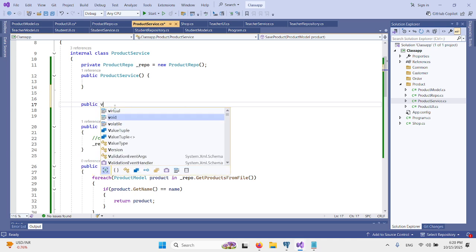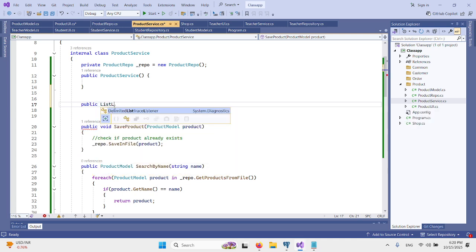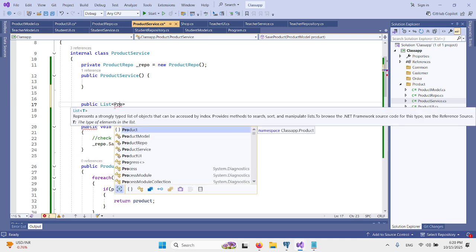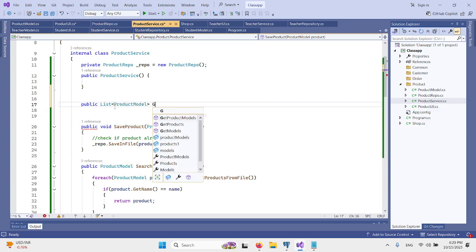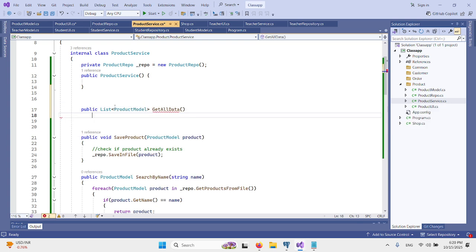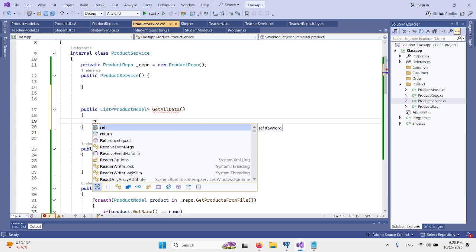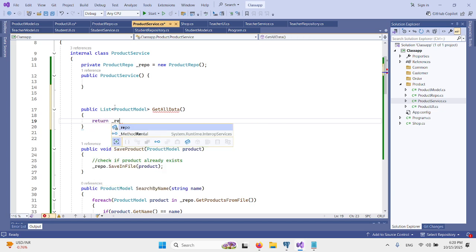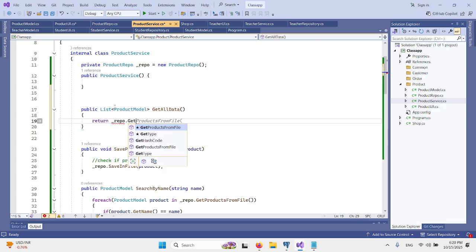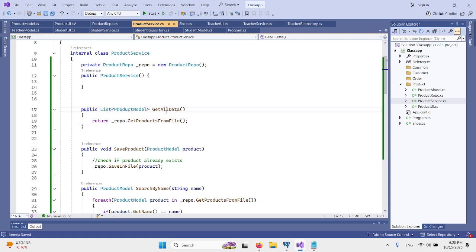Public list of product model, get all data, and return repo dot get product from the file. So when you call this service function, it will ask the repo to load data from the file.